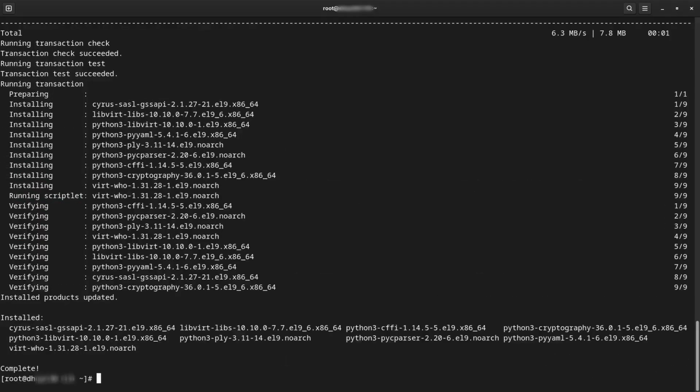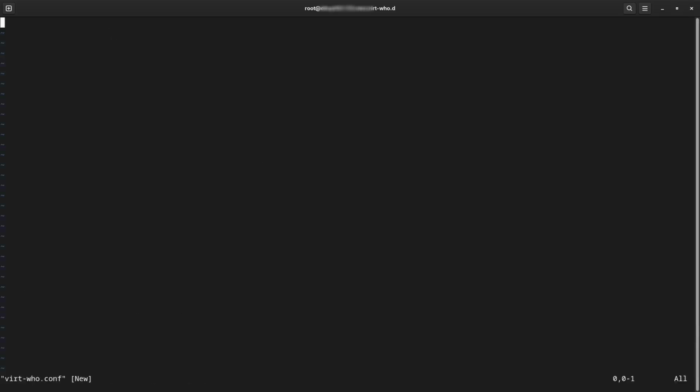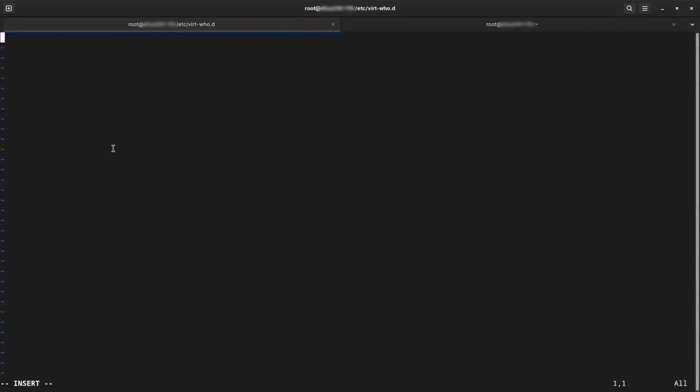Once the virt-who package is installed, a directory named /etc/virt-who.d is automatically created. Inside this directory, we will create a file named virt-who.conf. In this virt-who.conf file, we will configure key fields that include name, which refers to the configuration name. In this case, we are using VMware. Type, this defines the hypervisor type. For VMware, we use ESX